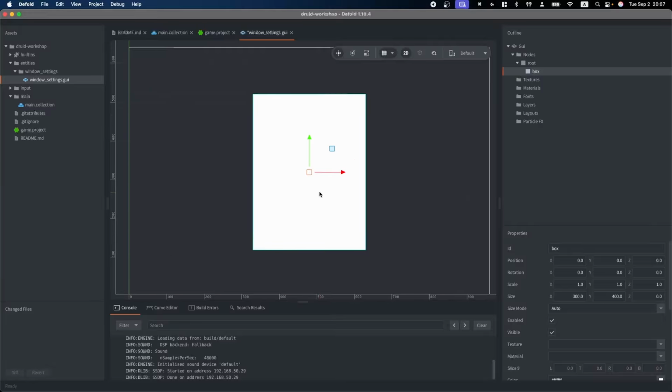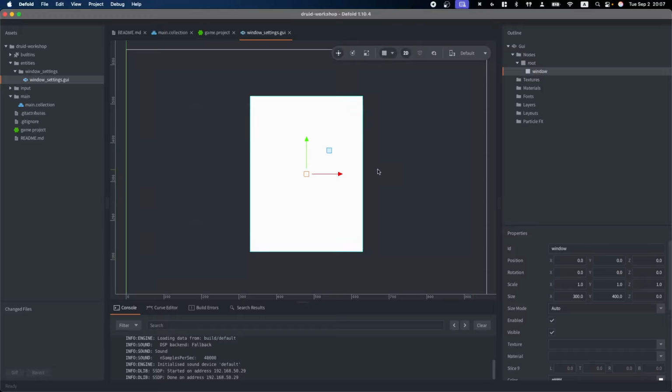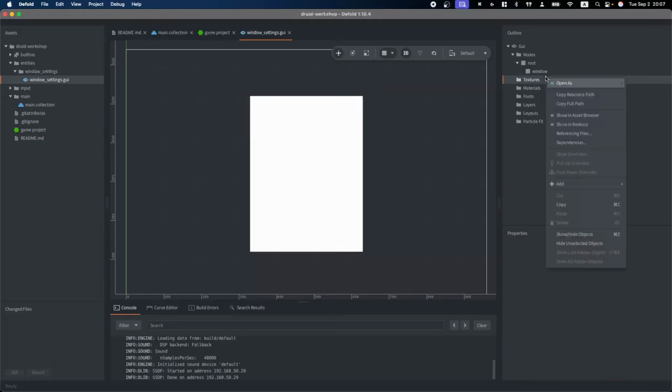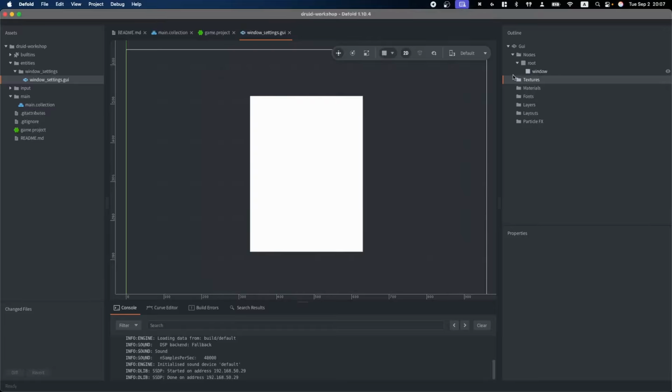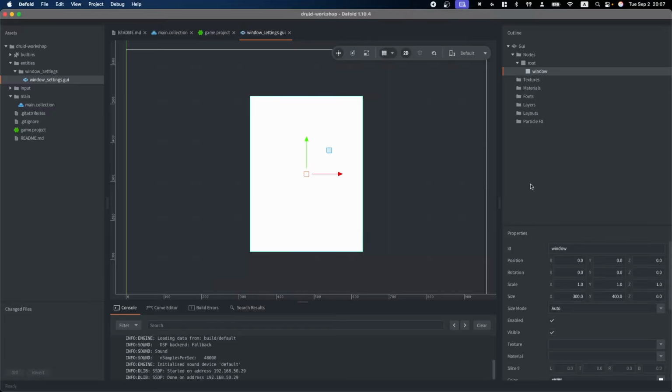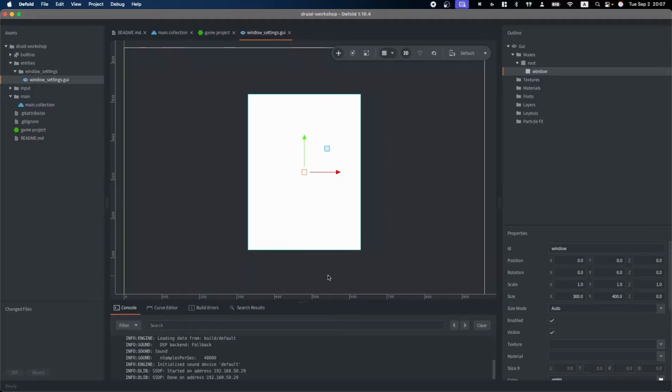It looks okay. And let's call it a window. It's a window background for our window, but by default there are no predefined images. So we can't use any texture here in the default. There is just one, but it's for a small dot of particle. And here we're gonna start using the Druid library.